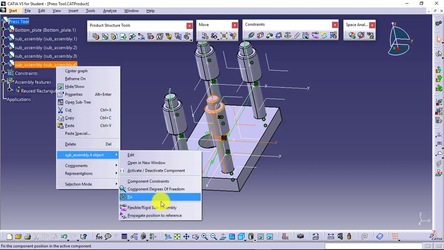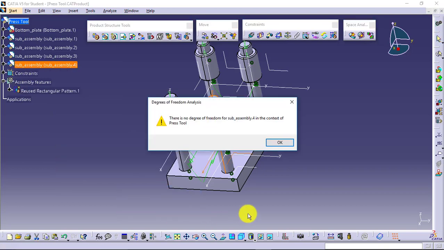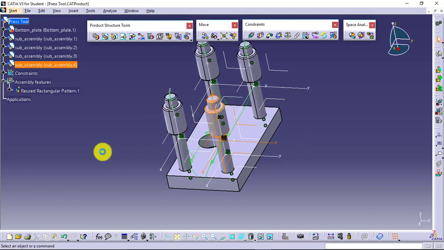This will give you this case, that each and every sub-assembly which is actually being patterned is also restricted. All the degrees of freedom of each and every sub-assembly are covered. So this is what advantage we have.